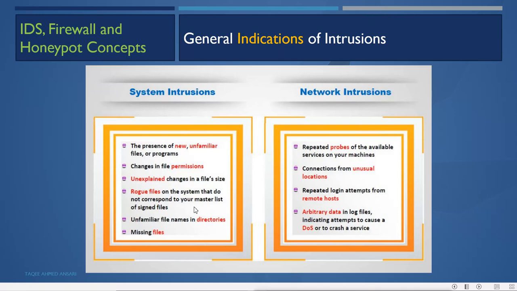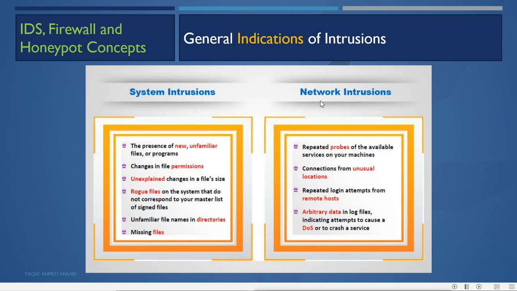That means a unique file which was not available previously when we did the signing, and it is not signed also. Unfamiliar file names in the directories, and missing files, you see. So these are the indications of system intrusion.